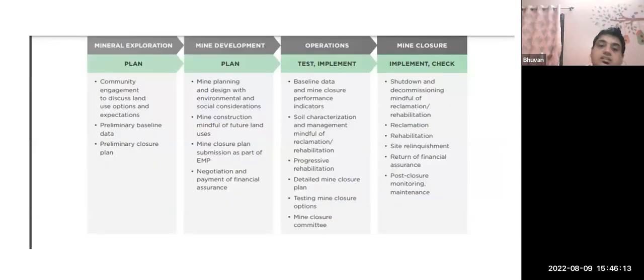And next is how, step by step in the mining sector, during the various processes of mining, we can reduce the environmental impact and also the social and economic impact. If we talk about the mineral exploration stage, the community engagement must be ensured, and along with that the preliminary baseline data on how the environment is impacted because of the mining activity must be accumulated, so that we can basically identify the